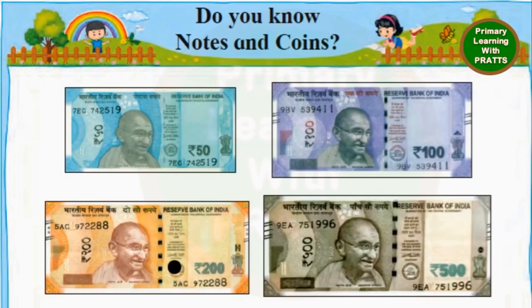One more thing to mention about notes. How do you think visually challenged people understand notes? Try and feel the notes. Close your eyes and try and feel the notes and try and see if you can differentiate one note from the other. And think about how people who are visually challenged use notes and currency, coins and notes. Now let's continue with our lesson.